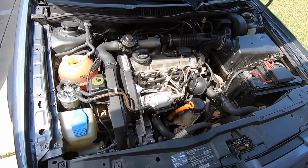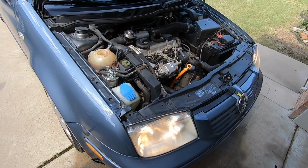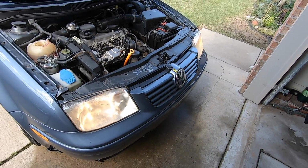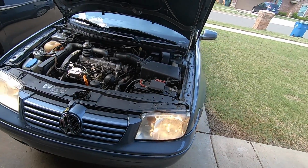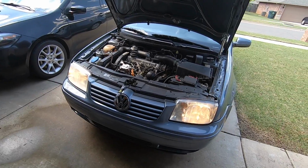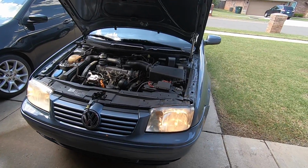So we'll drive it a little bit. The goal is to get this down to Mike today. The idea is to get this down to Weird Beard. I've done about everything I can for it within my financial capacity at this point in time. It is a solid running, driving car. Like I said, I've driven it almost 200 miles. It'll take another 50 miles to get it down to Mike. So it's a solid car. It's not perfect, but